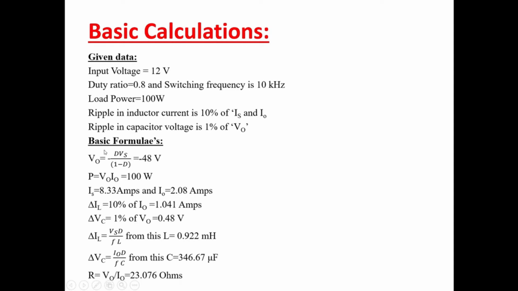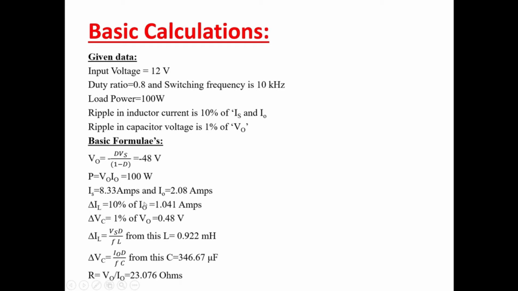Okay, these are my basic formulas corresponding to the buck boost converter. This is my formula: Vo = Vs times D by 1 minus D. Every value we know, just substitute the values and you will get the output voltage. After getting the output voltage, from the power balance equation you can find source current and load current. After calculation of source current and load current, you can find the ripple in inductor, that is